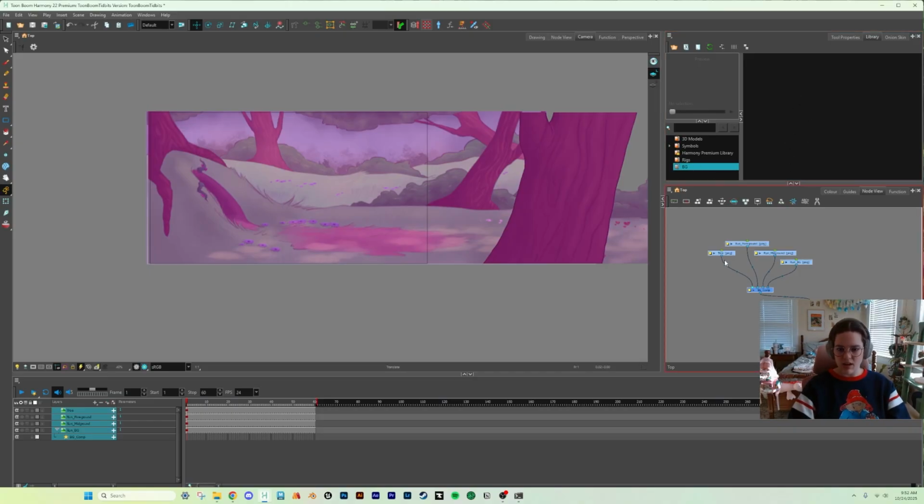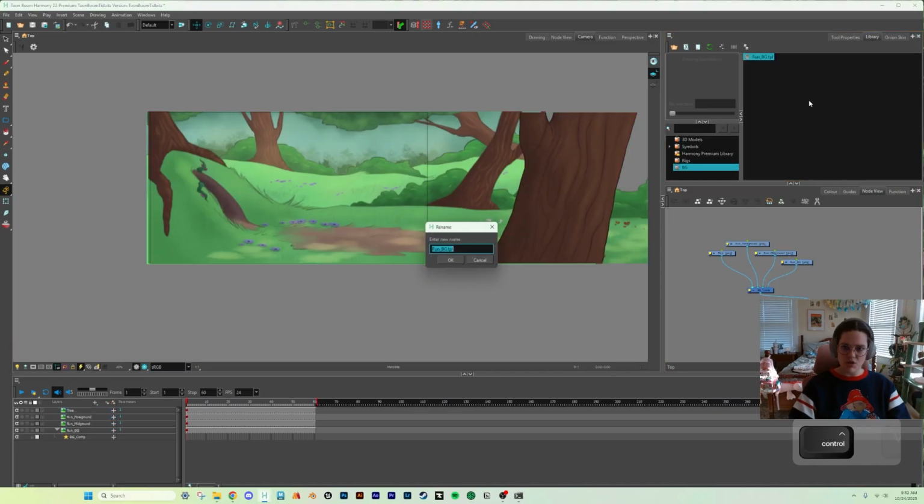But now that we have done that, and we just Control C, we copied that, we are going to go in here, and we're going to Control V. And similar like before, this one took less time to think because it was not a very heavy rig. It was a background that only had a couple files in it. So we are going to